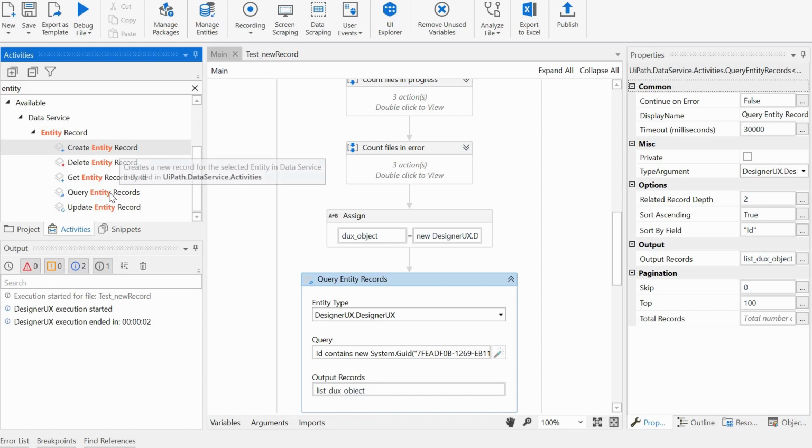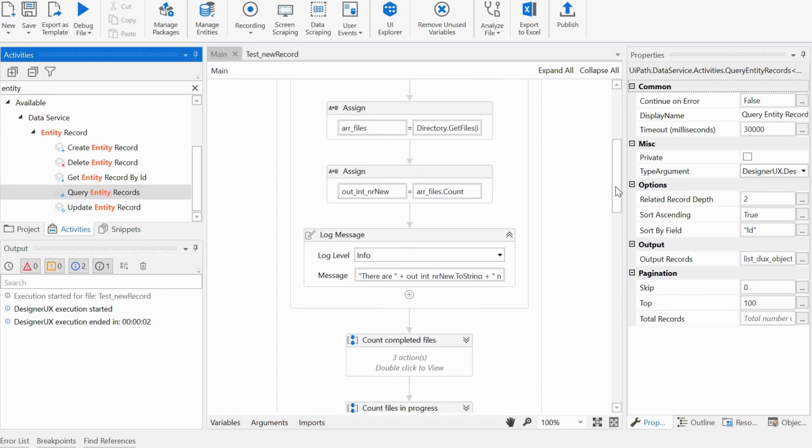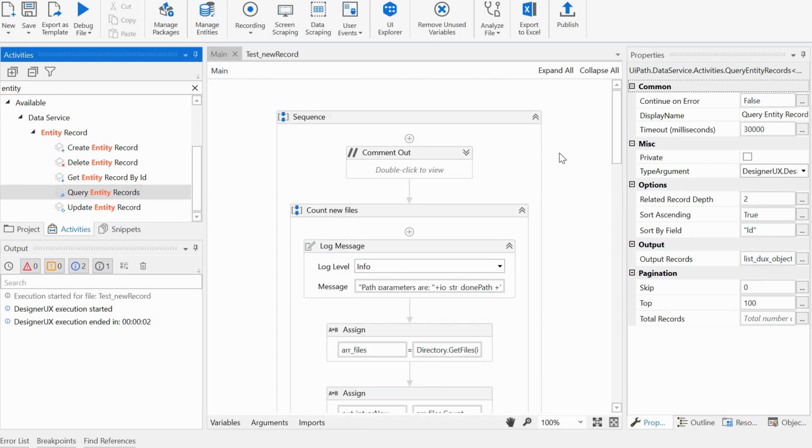So we will look today at the query entity records and the update one together in one example. And then we will play with create entity record with a new test, a very simple test. So for the query and update ones, I have already built a use case,